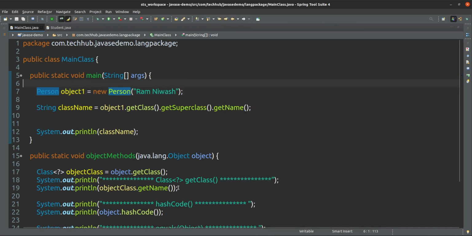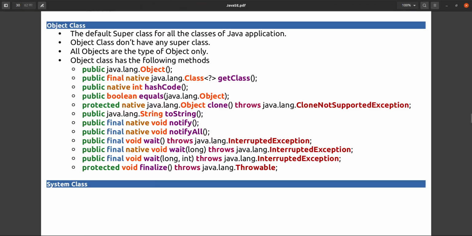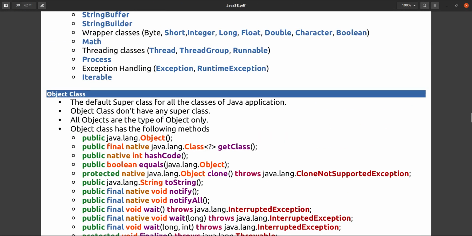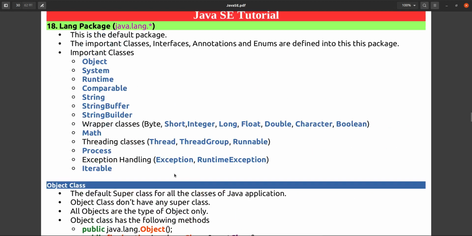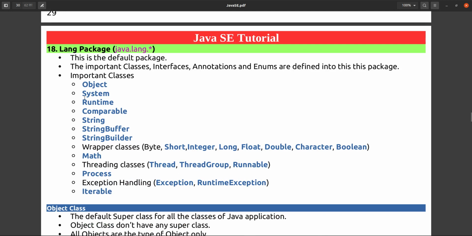So this is all about the Object class. In the next session we will see the System class. There are so many classes, and we have listed some of them here. We will see all the classes one by one. So this was the Object class.